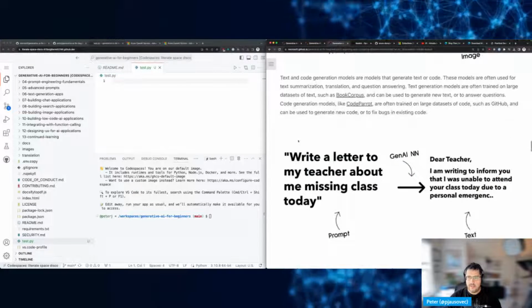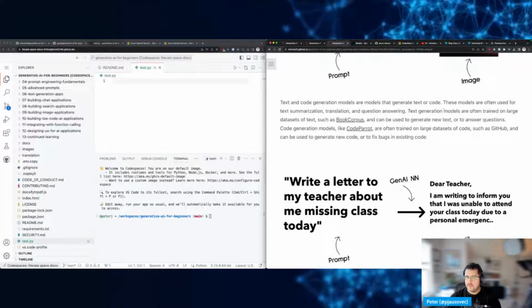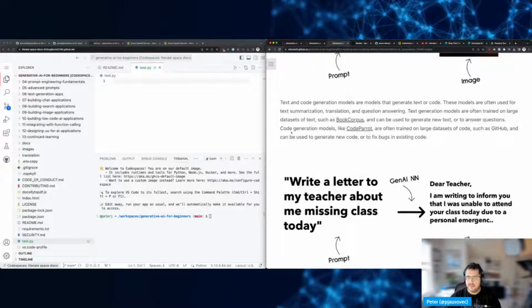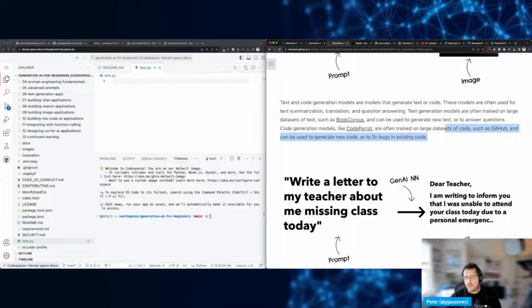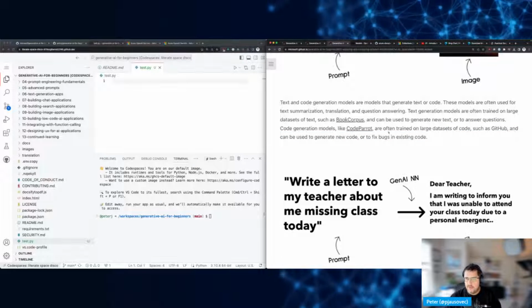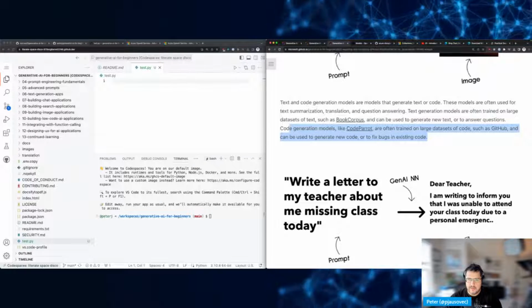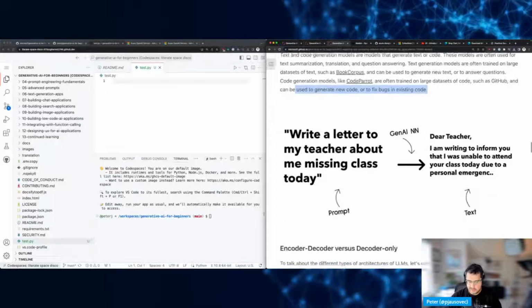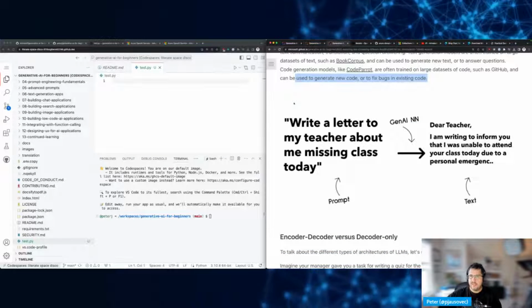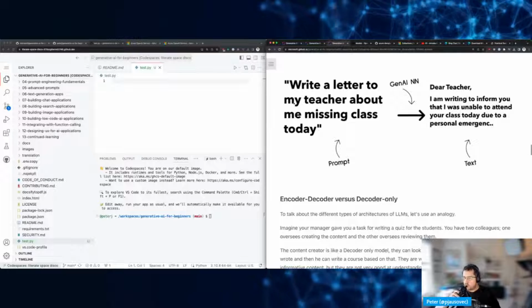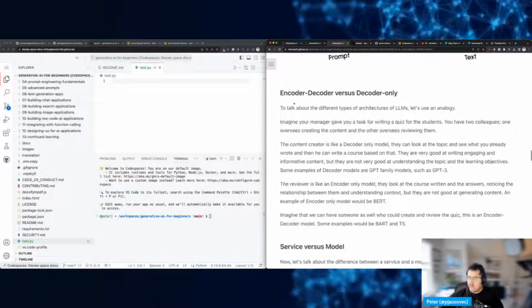Okay, and then what is this? Text generation, train a large... and then code. Okay, so images, text, code, but it's a similar principle. Generating new code, fixing bugs in existing code, writing a letter. Yep. All right, decoder, encoder,